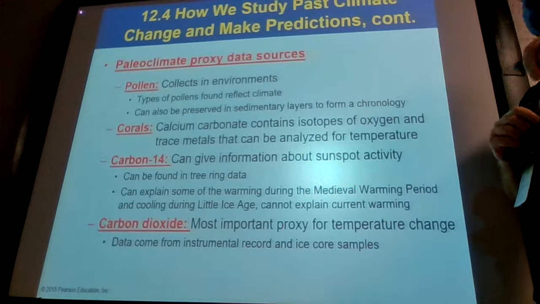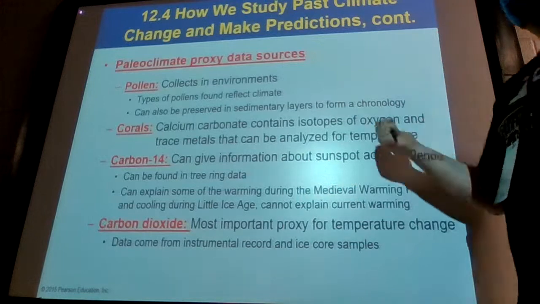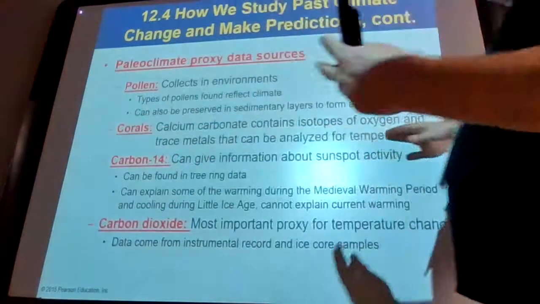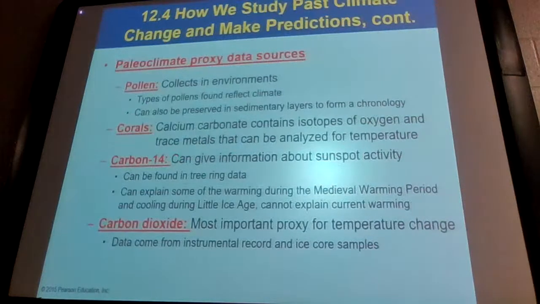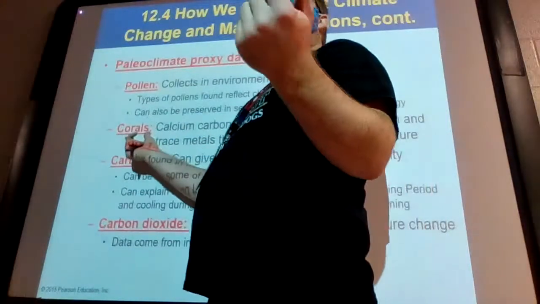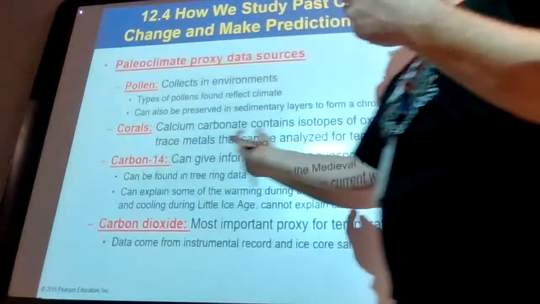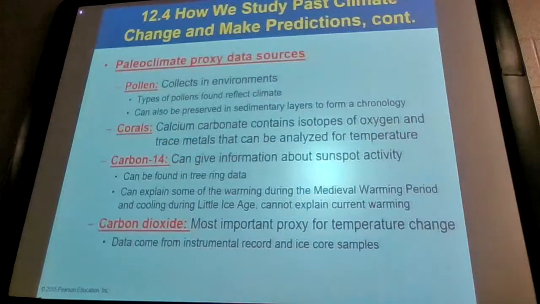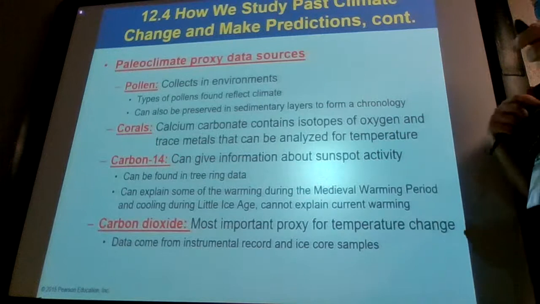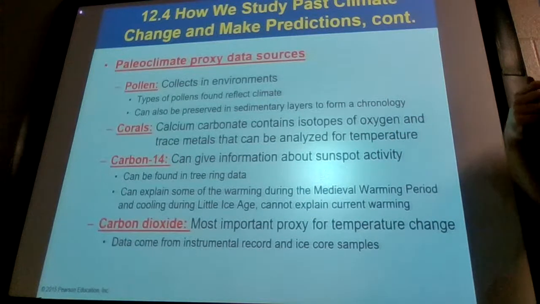Corals are going to do something similar. Obviously, these are very limited. Corals only grow in a very specific environment in the ocean. That being said, when these corals die, they essentially turn into a rock. They turn into a rock record. And so we can go and look at old corals, where they're at, what kind of rocks they're surrounded by, and that can help us build another part of the picture.